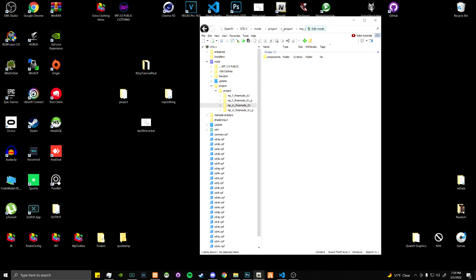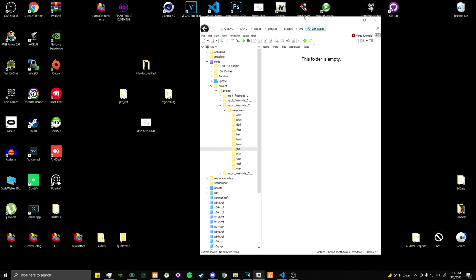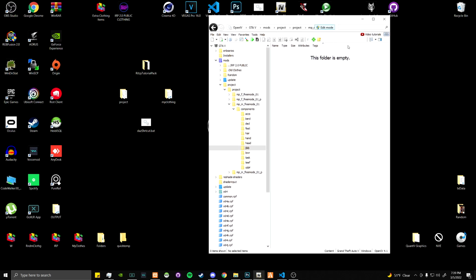So we're going to work with this. We're going to go through the project folder, the mail components, and JBib, because that is what we just worked on. Now we want to make a new folder, and we're going to name it 0. Anything that you put in these folders has to be in order and always start with 0. So now that we have our 0 folder,